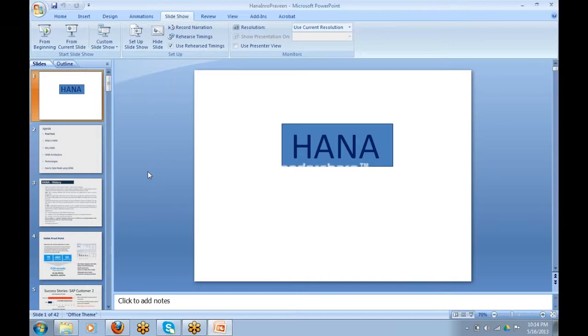Here we can feed our own data also. Here we can create our own schemas. This is more than a database, whereas Universe is just a semantic layer. It will not contain any data in it physically. We cannot create our own schemas or tables, and we cannot use that as a database application. HANA is purely a database application.